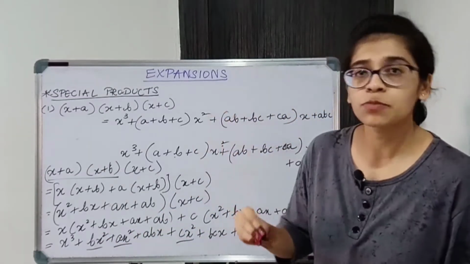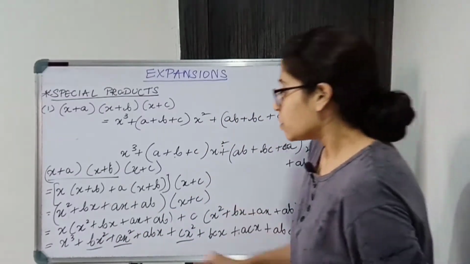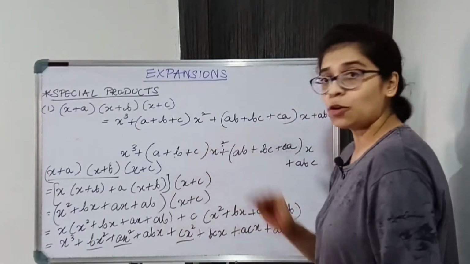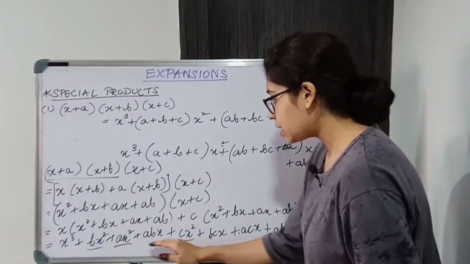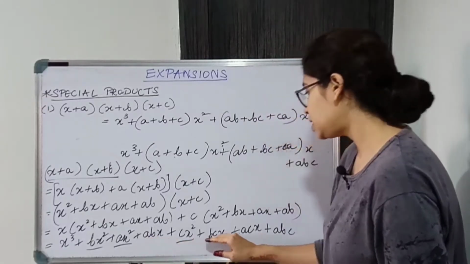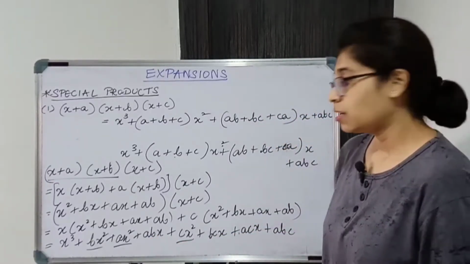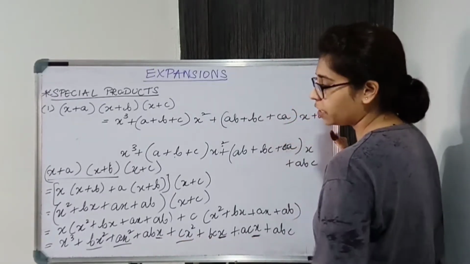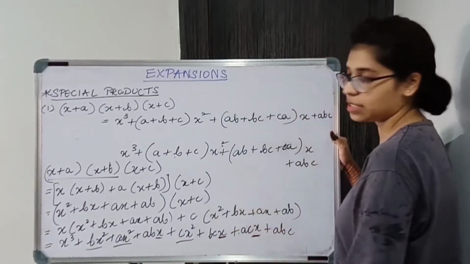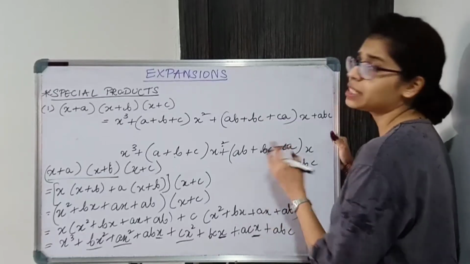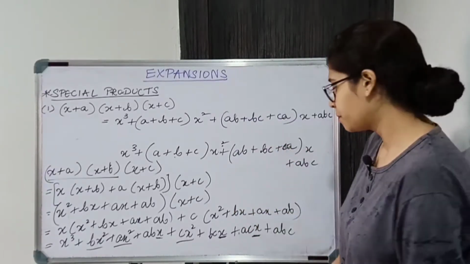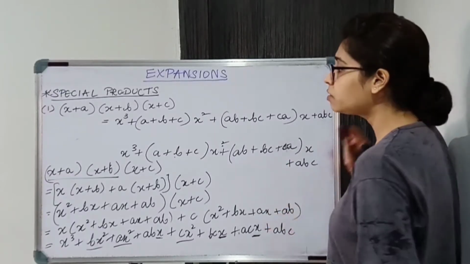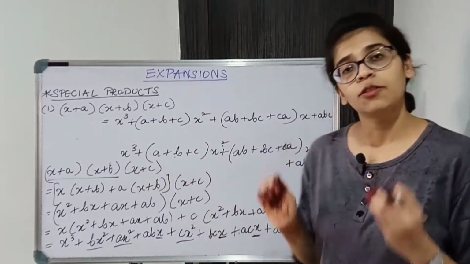So there are 2-3 steps more. A plus B plus C into X square. So you can see we are getting the formula. Next is ABX, BCX and ACX. So we'll take X common. So we are left with AB, BC, AC, or AC is nothing but CA. It's one and the same, and plus ABC. So students, you can see we derived the formula.